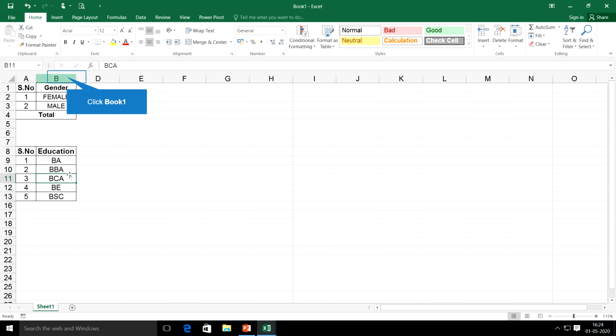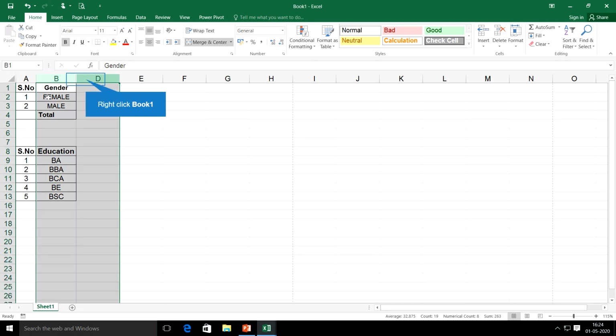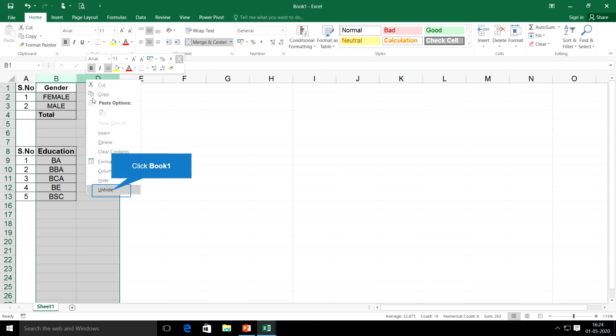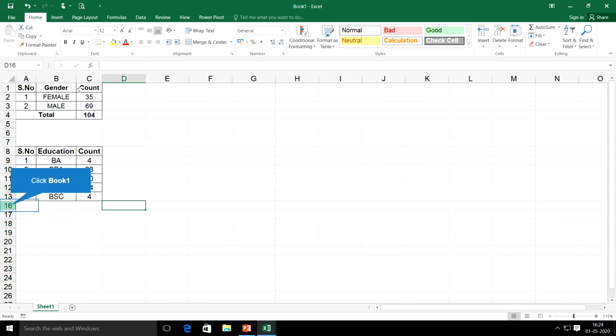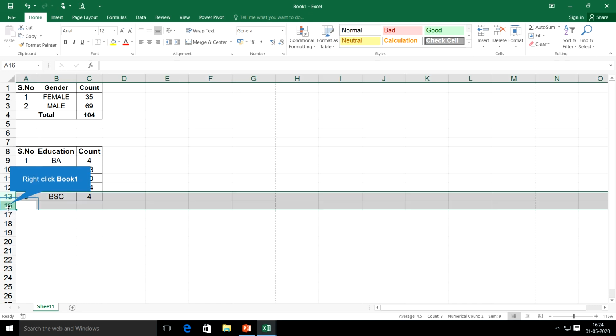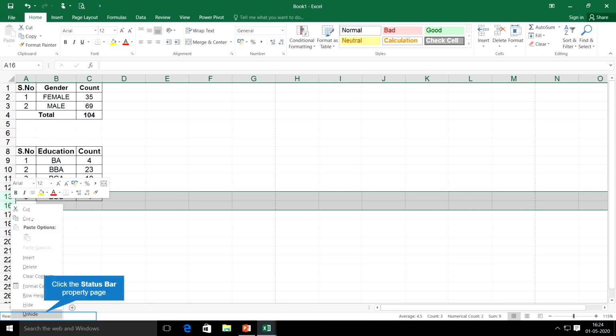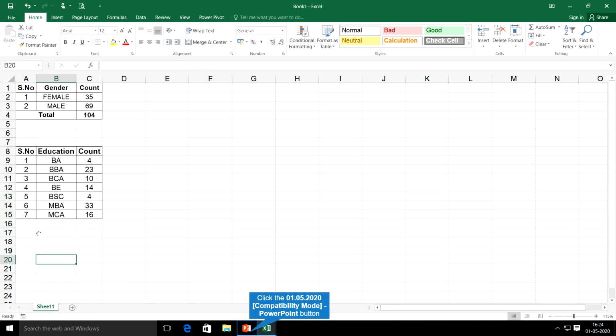Okay, that's not working here, right? We will select this B and D column, then we go with the right click, then click on unhide. So whatever is hidden there will appear to you. The same way in rows also, next to this 13th row you have the 16th row. So in between, 14 and 15 are missing. So select these two rows, then right click on your mouse, then select unhide. So this way you can either hide a row or a column or many rows and many columns.